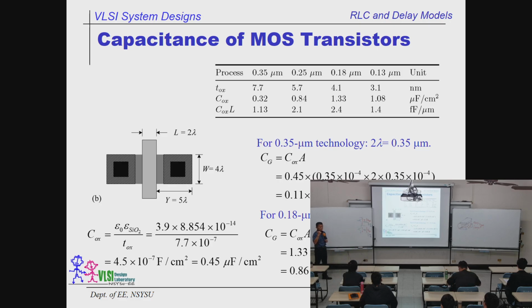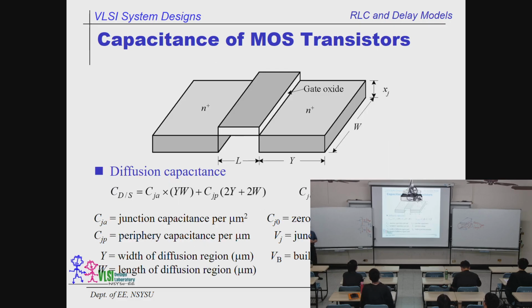Okay? So we now understand how to estimate the resistance as well as the capacitance. Of course, we can do the estimation of the delay. Okay? Well, sorry, a little bit fast. I forgot one thing, the junction capacitor. Remember when we mentioned the capacitance, besides the MOS, we also have another 2 junction capacitors. That is around the area of what? Of the diffusions. So the diffusion is sitting on both sides of the transistors. Okay, the size is W times Y. Y is the width of the